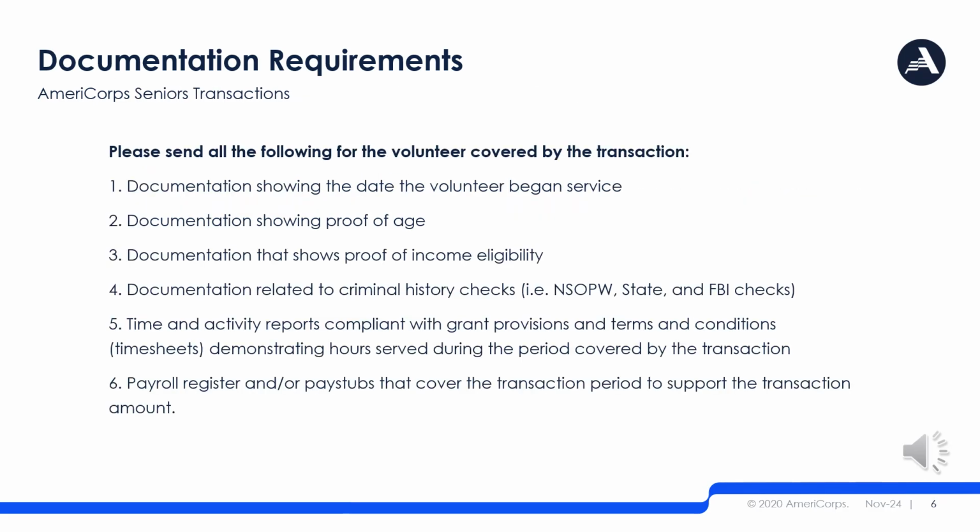AmeriCorps Senior transactions include stipend payments made to AmeriCorps Senior volunteers based on their hours served. Please note that meals and mileage reimbursements are considered other transaction types and are actually tested under different criteria, which we will discuss in a little bit. AmeriCorps requires documentation to verify that a volunteer was eligible to receive a stipend. For more information on FGP eligibility requirements, please refer to 45 CFR